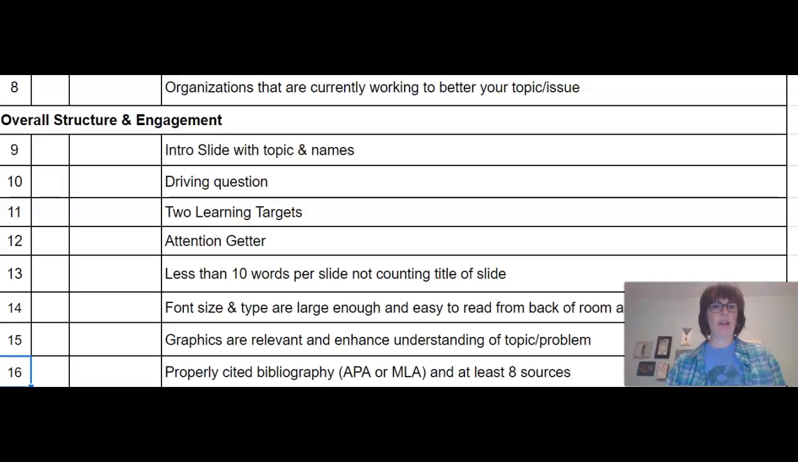All right, you guys. So next step is to put all the information that you've researched and get it organized into a slideshow. So that is checklist items 9 through 16. So you need an intro slide with your topic, a driving topic, and then the names of everybody in your